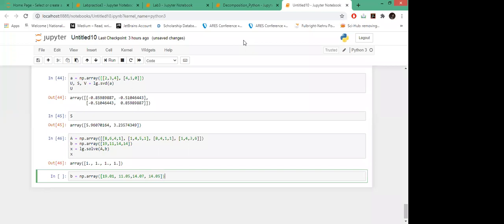Okay, we are just making small changes, right? I'm changing the 19.01, 11, and now that's all.